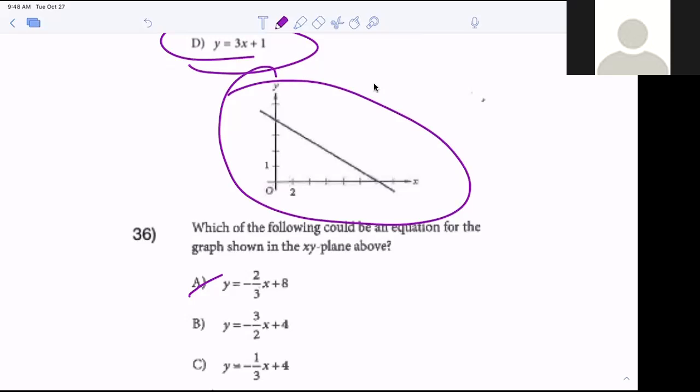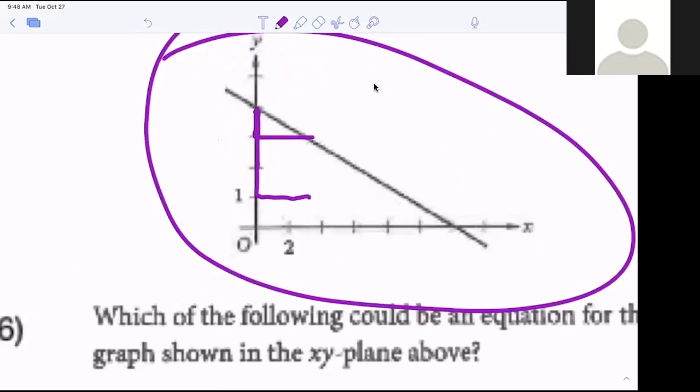Somebody said C, down 1 over 3. Yeah, that's what I'm looking like, because if I go down 3 and over 2, I'd be right there. So I'm happy with you. C is correct. Everybody good? Now, does everybody understand we could plot the point 0, 4, and we could plot the point 2,